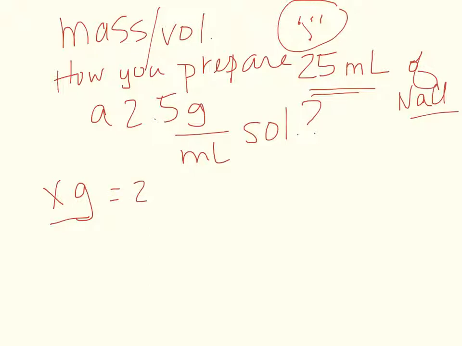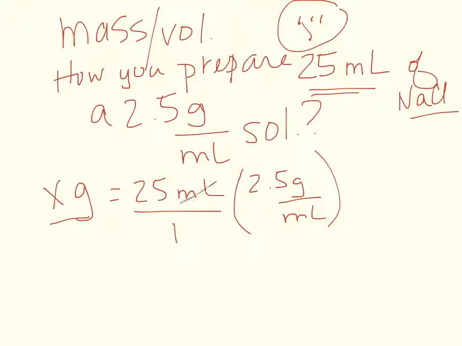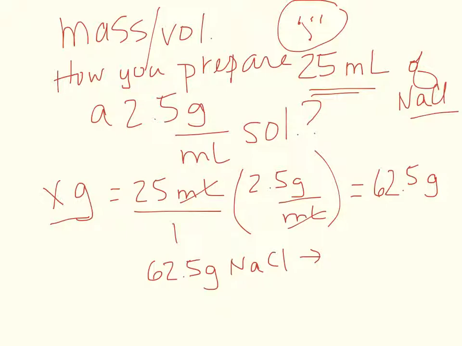So I know I want 25 milliliters, and I want it to be 2.5 grams per milliliter. That's the concentration. So all I really have to do now is cancel out the milliliters, and then I just multiply 25 by 2.5 grams. So what is that? 25 times 2.5 is 62.5 grams of salt. So what you would do is weigh out 62.5 grams of salt, and then, but